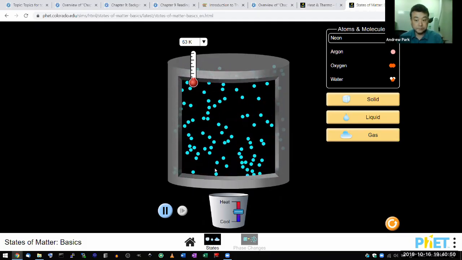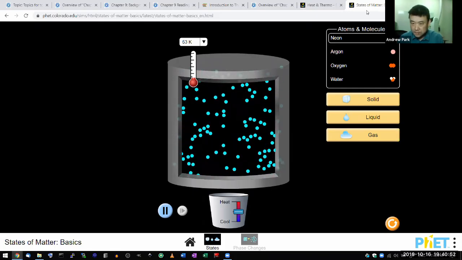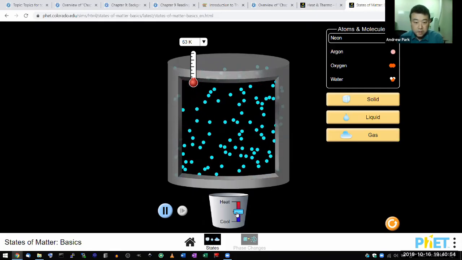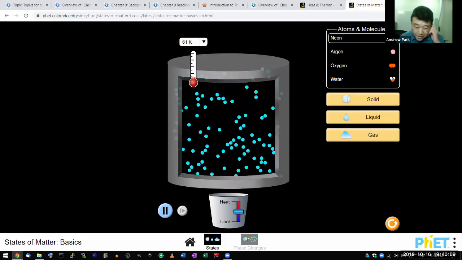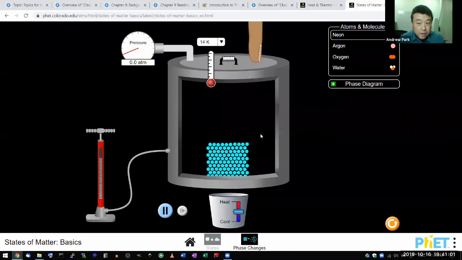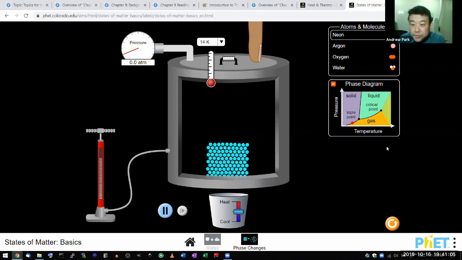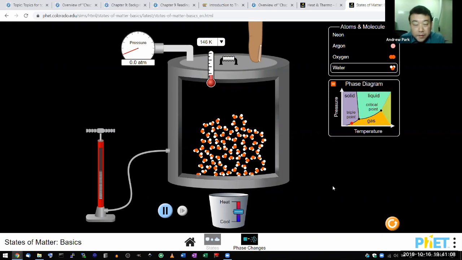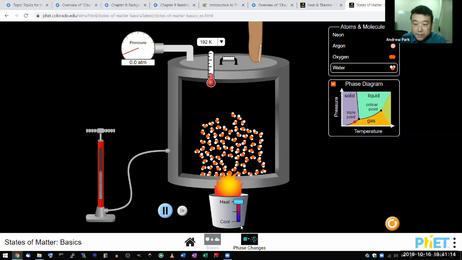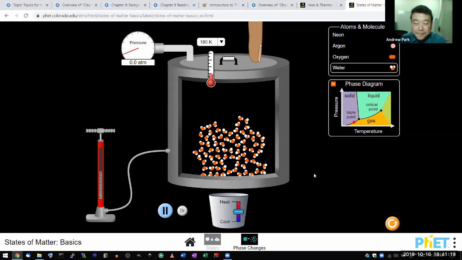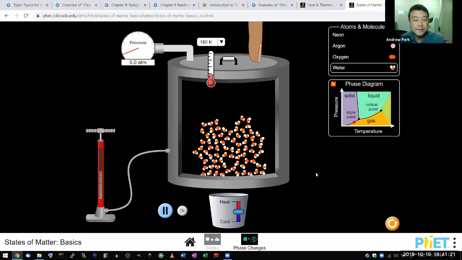All right, so to talk about the change in the thermal energy and pressure, I think I need to go to the other tool. This one doesn't, oh wait, this one does. Phase diagram. Do I want to do water? Yeah, let's do water. I guess let's try heating it. And when you heat it, I want you to look at the phase diagram. And how do I explain this? Well,